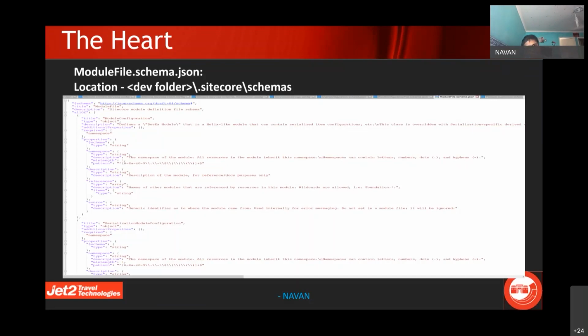Your JSON file should have a schema like this. Each of your JSON files should have a schema like this. If it doesn't have the schema, then obviously it's going to fail. I'm not sure if there is something very similar to this in Unicorn, but in JSON, at least, because I've been spending a lot of time recently on content serialization, this is right in a folder in the development folder structure, and you can see the schema. Let's jump to the next one.